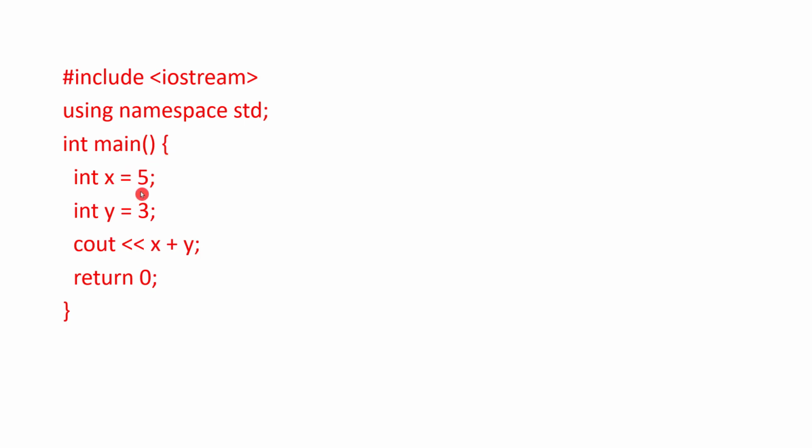Integer x is defined as 5, semicolon. Integer y is defined as 3, semicolon. cout x plus y. So cout will give the addition of x and y, semicolon, return 0, semicolon, curly bracket. So we will get 5 plus 3 as the cout output. Very clear. Suppose you want to print sum is equal to 8, then you have to write cout, the arrow marks, then in inverted commas, sum is equal to, closing the inverted commas, then x plus y.